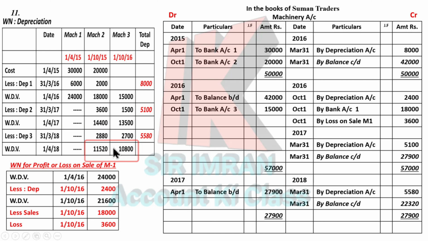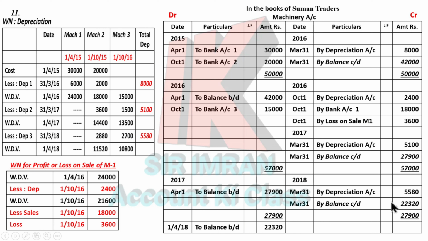आपका ये दोनों प्लस करके भी ये अमाउंट आएगा 22,320। तो ये वर्किंग नोट बनाने से पता चलता है कि आपका आंसर भी राइट है एकदम। आपको यही पता चल जाएगा हमारा सम सही है, आफ्टर चेकिंग योर टोटल। तो अब ये कैरिड डाउन है तो इसको ब्रॉट डाउन तो करना ही पड़ेगा, बैलेंस तो ऐसे छोड़ नहीं सकते। तो ओपनिंग बैलेंस ऑफ द 4th ईयर, टू बैलेंस ब्रॉट डाउन 22,320। तो इस तरह से आपकी मशीन अकाउंट कंप्लीट हुई। वापस से चेक करें आपके आंसर को, लास्ट का ये फिगर प्लस करेंगे, इट शुड बी 22,320।